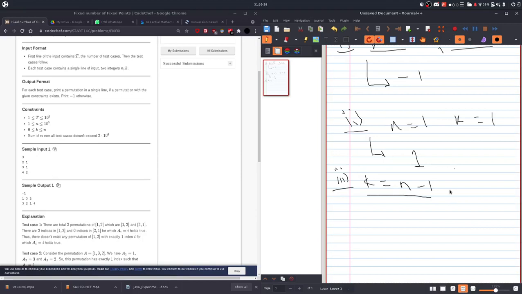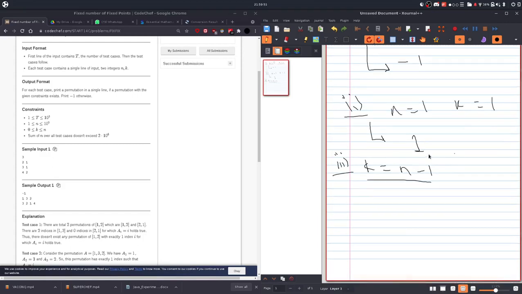So what if k is equal to n minus 1? Now I'm gonna give you another 3 seconds to think about something like that. If you can find something like this, then good for you, and otherwise we'll start again. So 3, 2, 1, start.